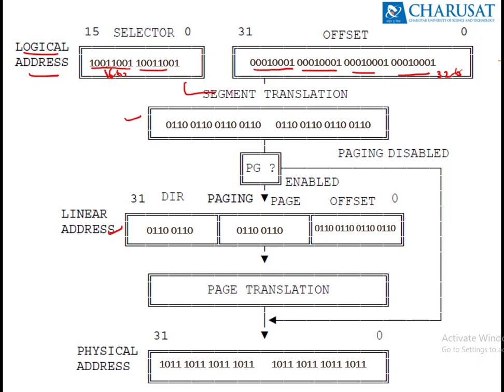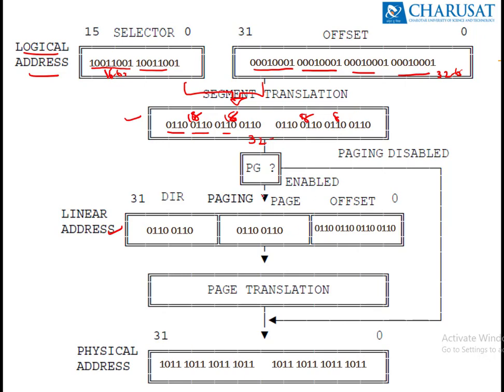So the total is 48 bits of logical address. Segment translation is carried out. We'll see in the next slides how the segment translation is carried out, which converts the 16 bits of 1001 and the 0001 sequence of these bytes into some other sequence of zeros and ones. And after this segment translation, let's say we will have 0010, 0010, and so on. This is 32 bits. This is 16 bits, 16 bits. Sorry, this is 8 bit, 8 bit, so total 32 bits.